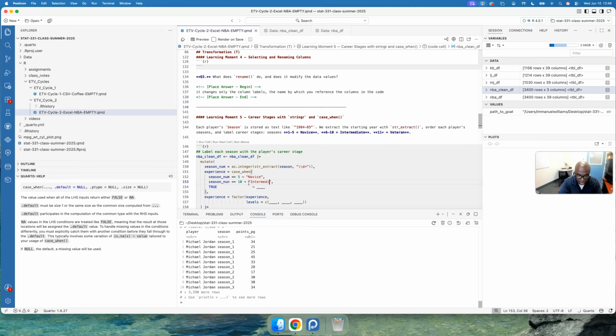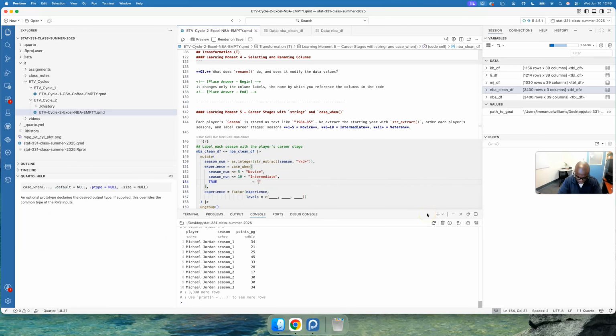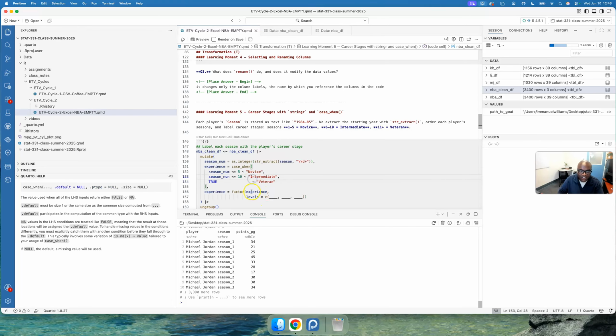Intermediate. I think I spelled that right. Intermediate, yeah. Okay. And then anything above 10 is labeled as expert level or veteran. Okay, so that's that. And so that's the specification. So if I run this, I can't run it yet, but